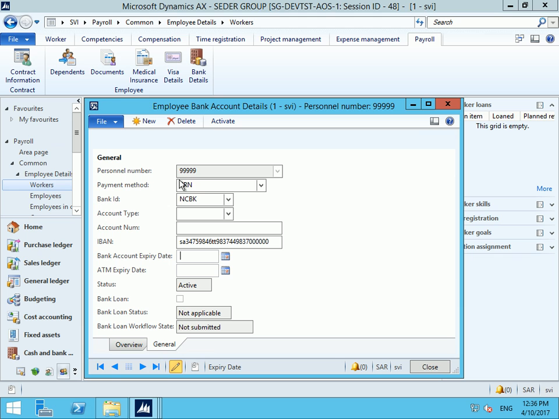If I activate now, I will find this checkbox appeared. I can check it now. What is the meaning of this? If the company has a deal with the bank to give the employee loans, then the company should be the one to transfer all of the salaries or end of service to this account. So if I check this one,